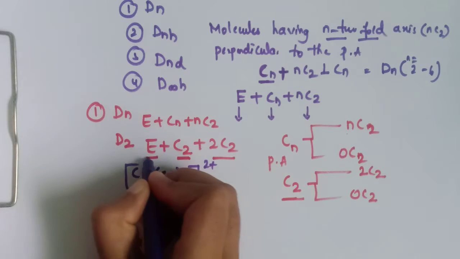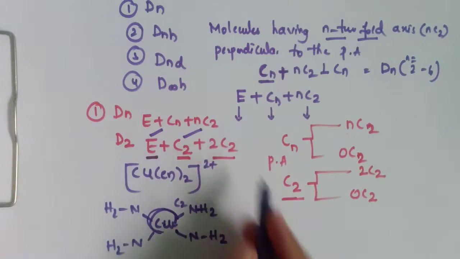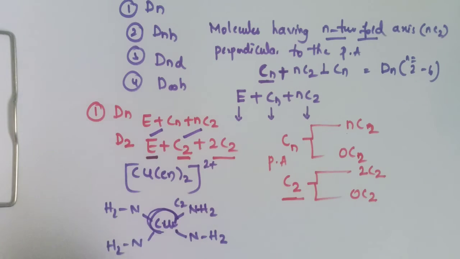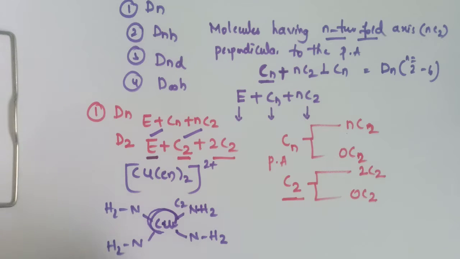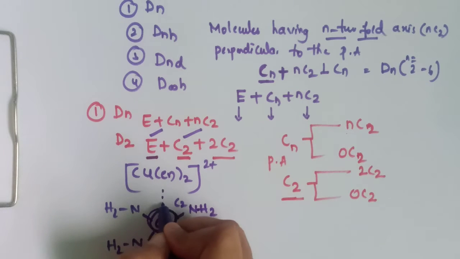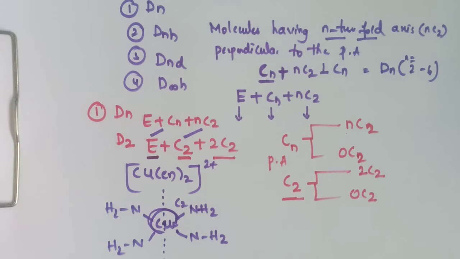So identity is present in every molecule, and we have also seen C2. Now 2C2 must be present in this. If you get one C2, then automatically the other C2 is also present. Here is a principal axis like this. This is the Z axis. Now if you pass another axis like this, that should also give an identical configuration.